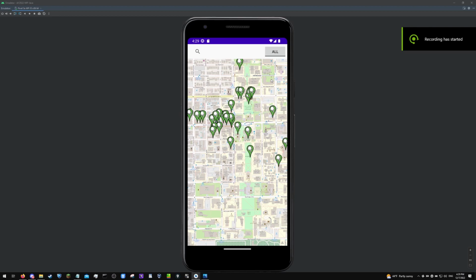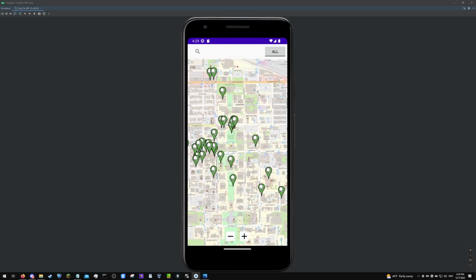Hi, my name is Shrikar, and along with my partner Banks Nolan, we have created an MP3 project which adds bookmark places to the map. We wanted to make it sort of like Google Chrome, where we can toggle between all and saved in the top right, like a bookmark button almost. So basically what that means is,